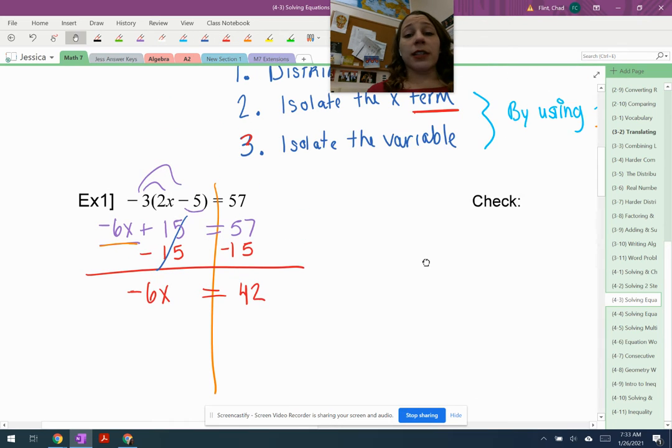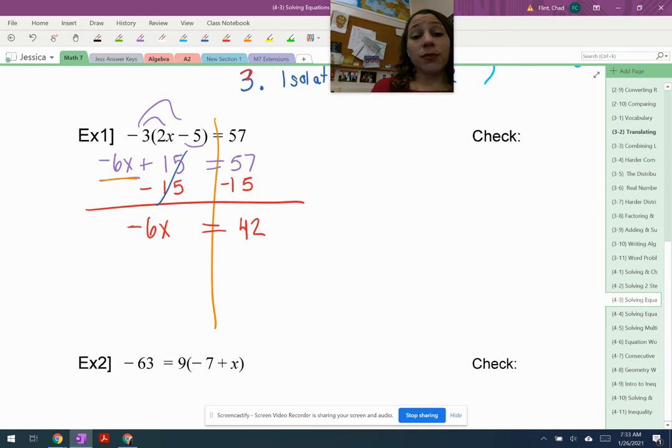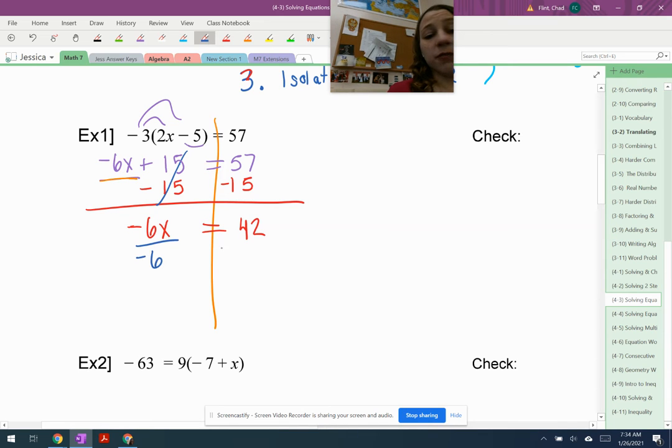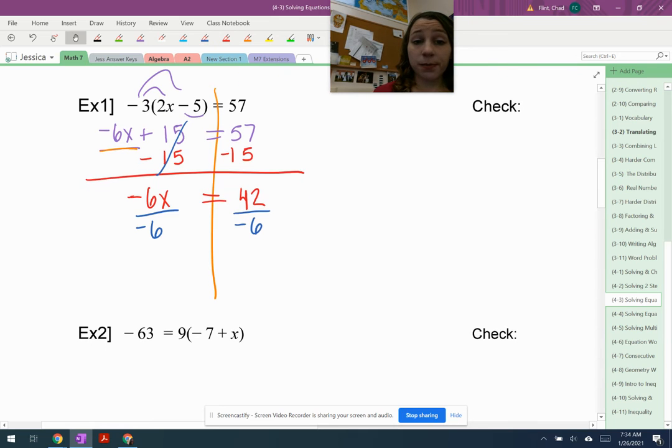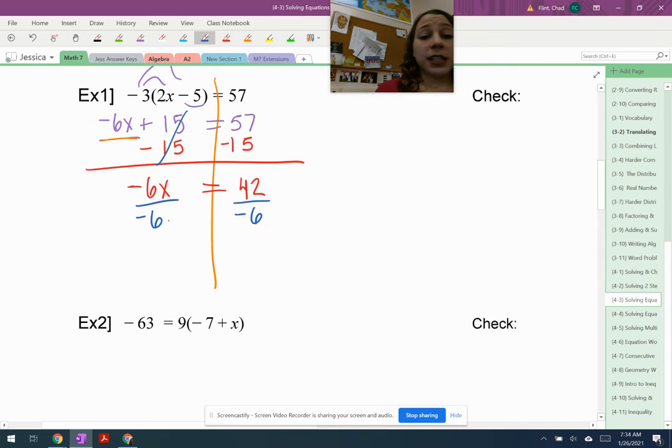And last but not least, isolate the variable. So what's preventing x from being alone? That would be the -6. What operation's going on between the -6 and the x? I don't see anything, so that means it's multiplication. The opposite of multiplication would be division, so I'm going to divide both sides by -6. -6x divided by -6, those -6's cancel out, and I'm left with x equals 42 divided by